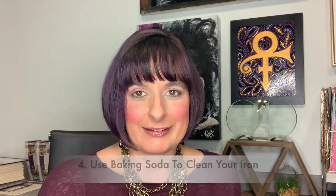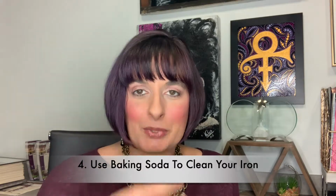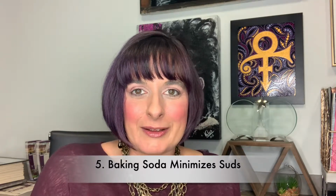Another thing is baking soda is fantastic for cleaning your irons. So if you use starch when you iron, you'll get a buildup over time, and baking soda is going to help clean that buildup off of your iron. So you want to make a paste of baking soda and water to help scrub that off, and your iron is going to be fresh and new, and it'll glide over your clothes just like it did when you first bought it. The last thing you can do with baking soda is it helps control the suds in